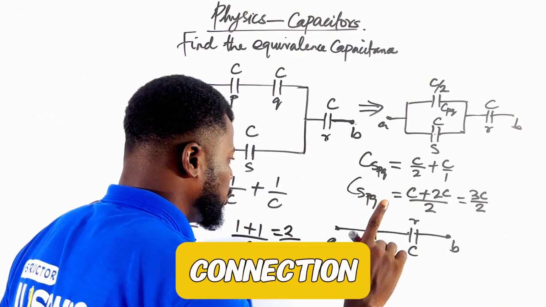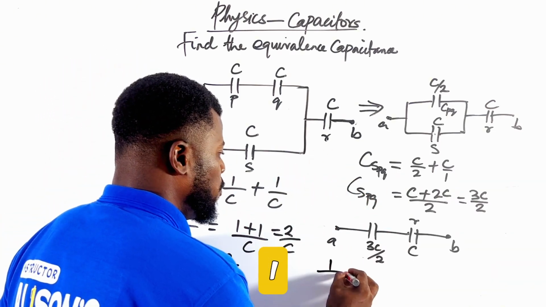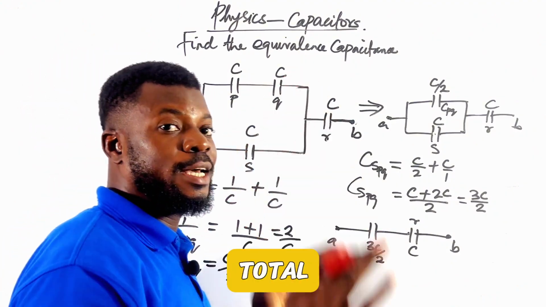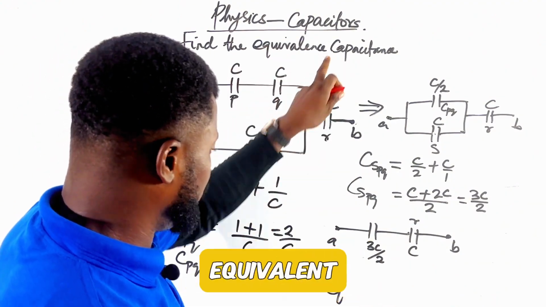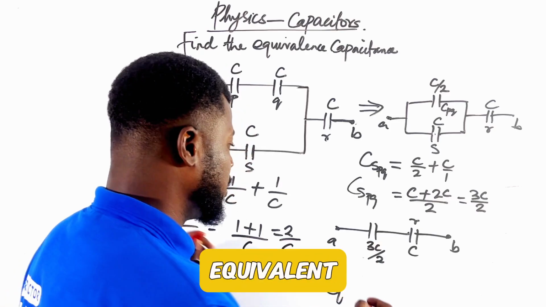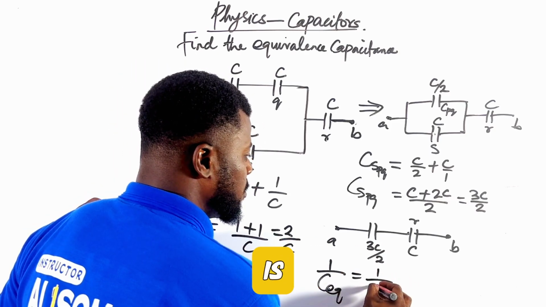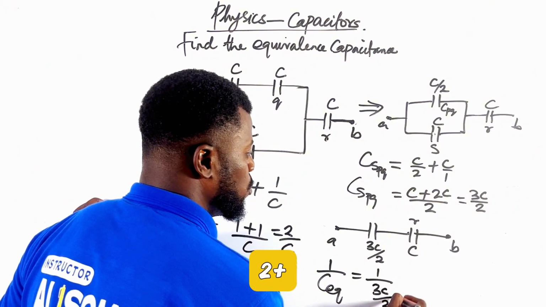So for the serial connection, we use the formula 1 over, let's use the C equivalent. That's C total, because that's the total thing you're calculating for. C equivalent. EQ is for equivalent. Equal to 1 over this guy, which is 3C over 2 plus